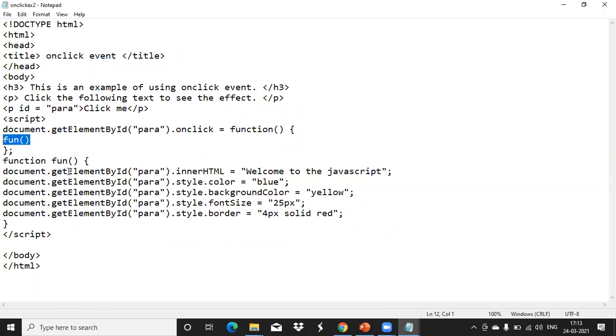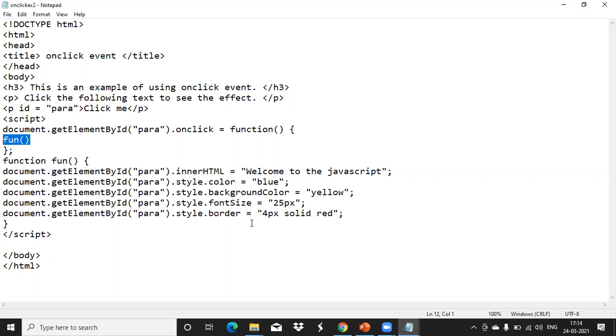What is it doing? It is printing this value, Welcome to JavaScript. The content was originally, in this paragraph, Click me. When I click on that one, the content should change to Welcome to JavaScript. Then some styles also we have implemented: style.color equal to blue, style.backgroundColor equal to yellow, font size this much, and what border it should show.